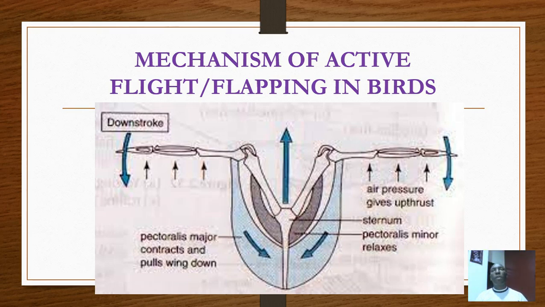Therefore, if flight is to occur in birds, it involves the wings being moved up and the wings being moved down. Where the wings are moved up, that is what we call the upstroke. Where the wings are moved down, that is what we call the downstroke. I want to emphasize that